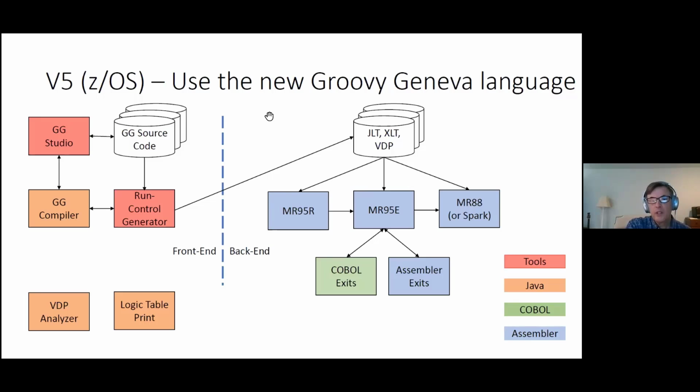And it could be using this Groovy language, which is a Java virtual machine compatible language that's open source, and it has some nice features for creating what we'll call domain-specific languages. And we kind of think of our little Geneva world as a domain-specific language. So anyway,